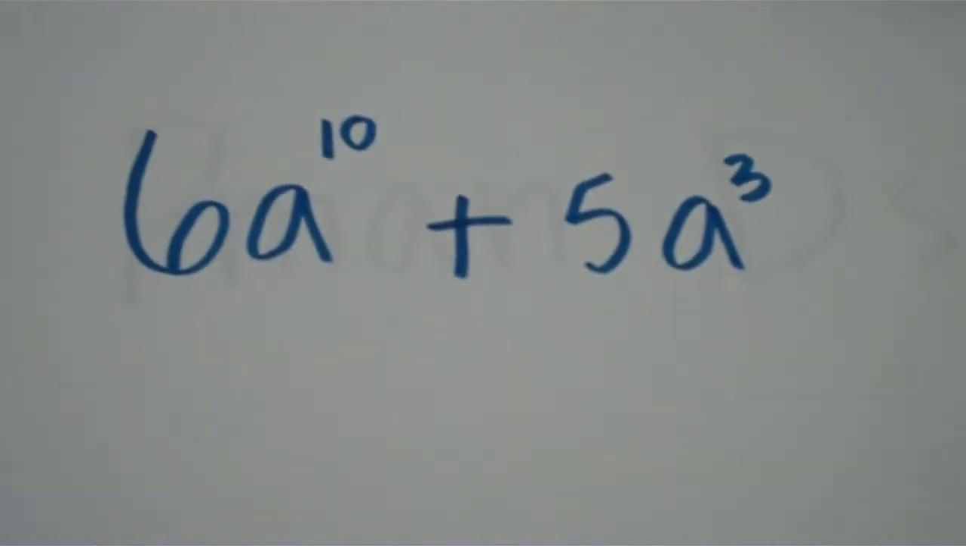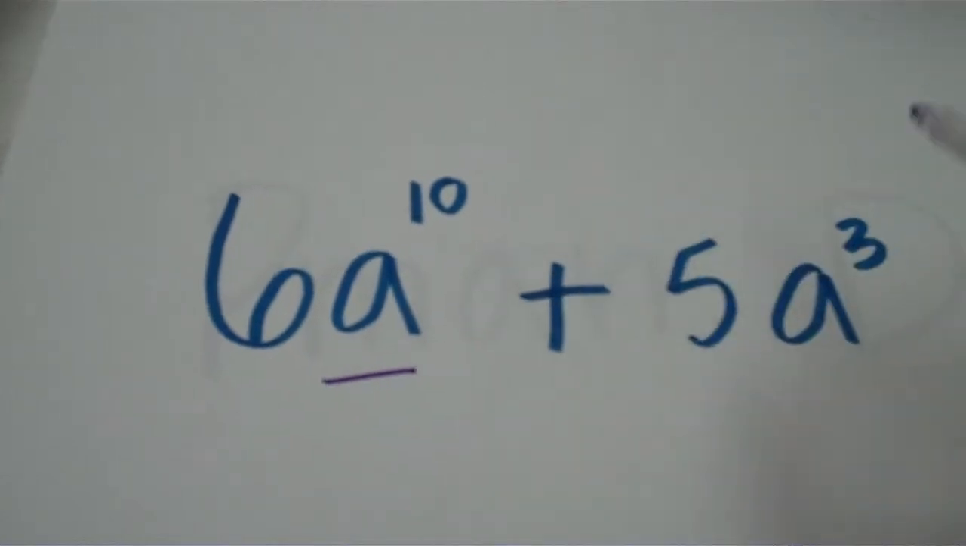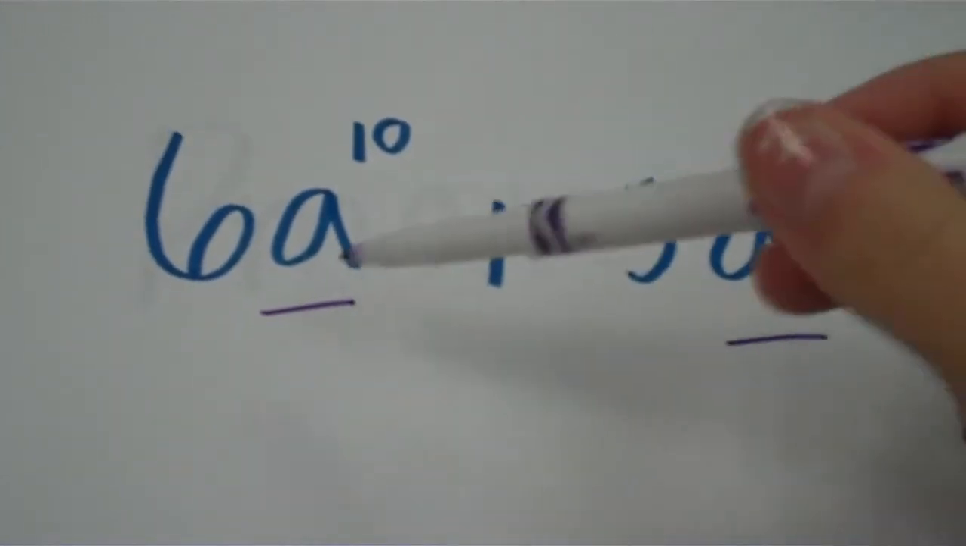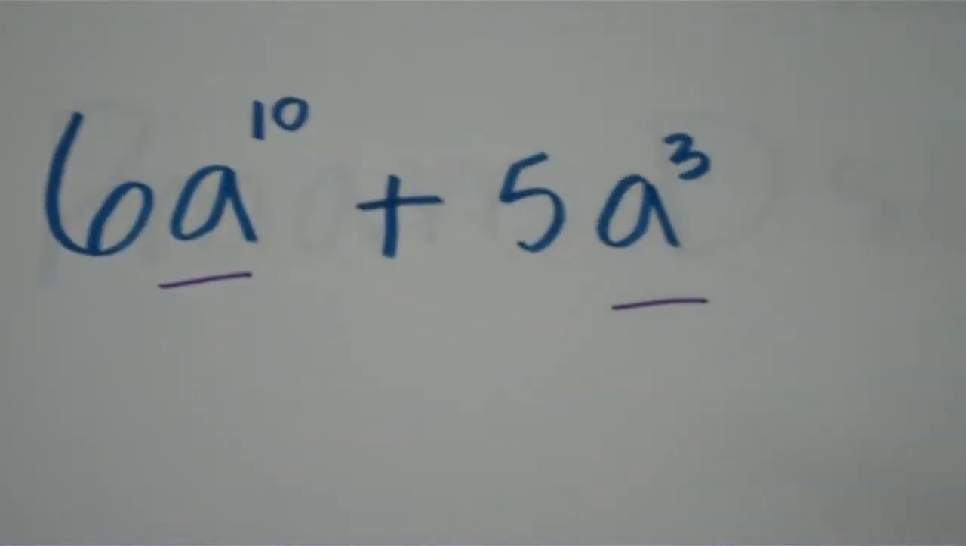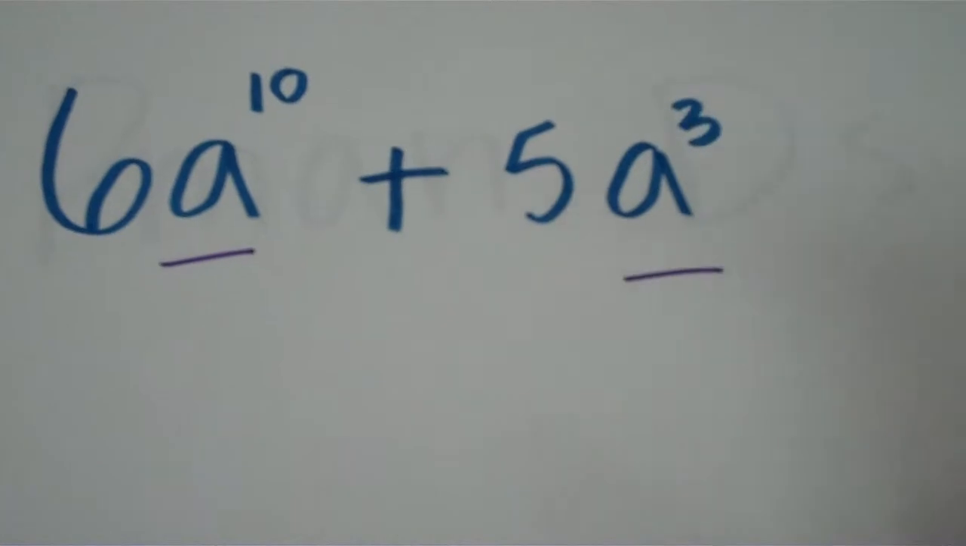Last one of these ones. I want to just explain it. This is a to the 10th, and this is a to the 3rd. So yes, they both have a's, but they are not the same. This is a to the 10th power. This is a to the 3rd power. I cannot combine them if the exponents are different. I write that down. Do not combine,